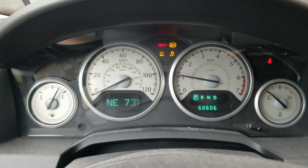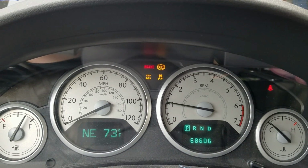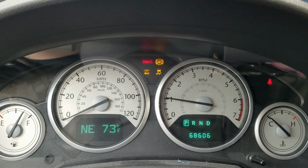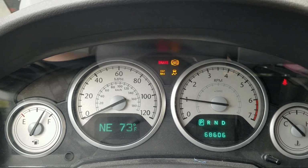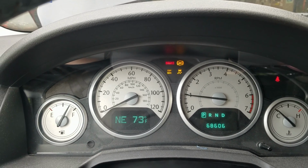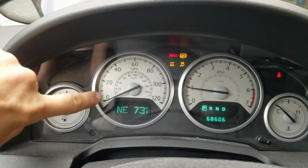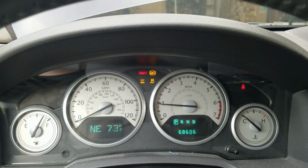I already replaced two wheel speed sensors. I probed the front and rear sensors. The front ones were fine. The rear ones actually weren't any good, so they tested bad. I replaced both of them, and we still didn't have an improvement. Never had an issue with the speed reading incorrectly or anything like that, but obviously our brake and traction control